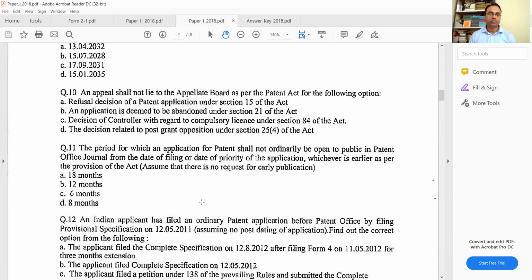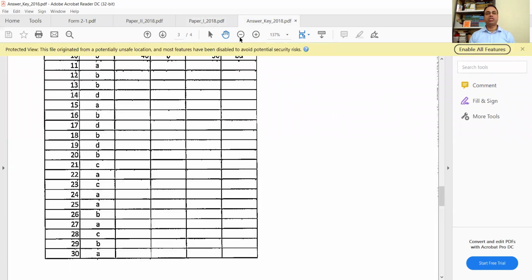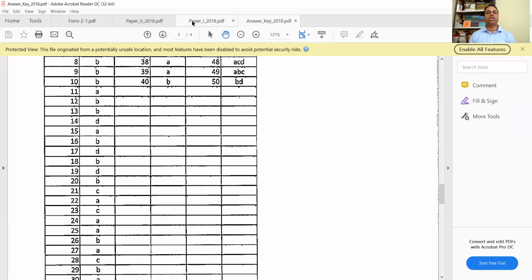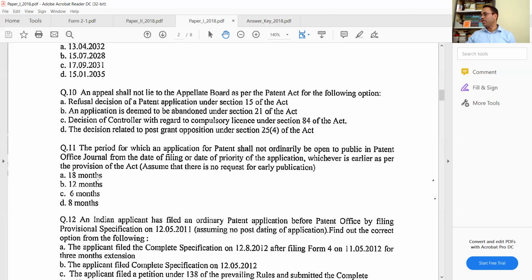For example, this one. The period for which an application for patent shall not ordinarily be open to public in the Patent Office Journal from the date of filing or date of priority application, whichever is earlier, as per the provision of the Act. Which is the correct one? A. 18 months. Which section? Sir, 11A. Correct. So if you are very confident, but then also while preparing, just read. So question number 11A is the correct answer. So you tick mark. But again, please